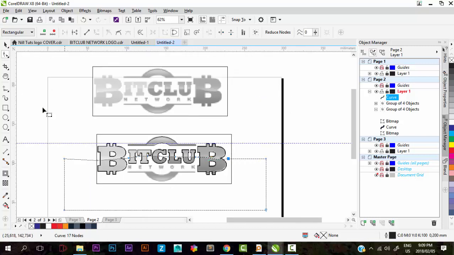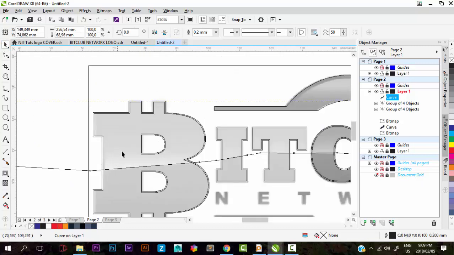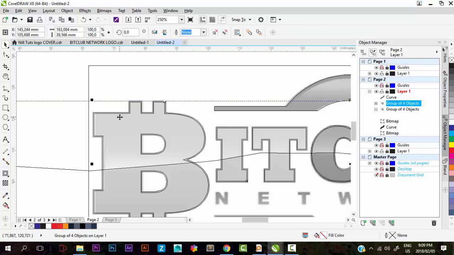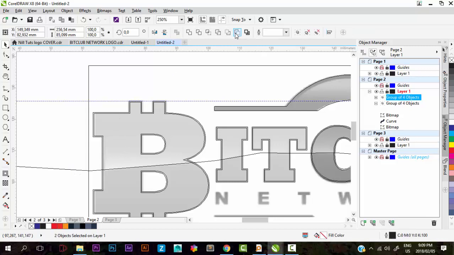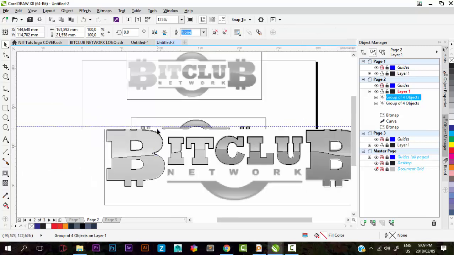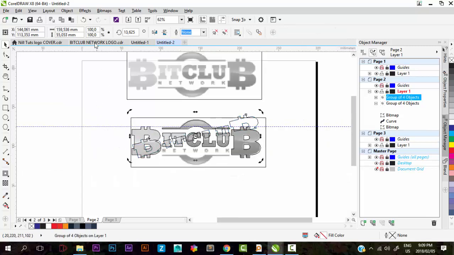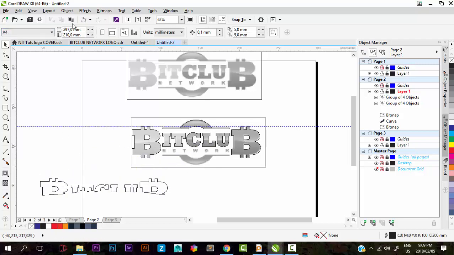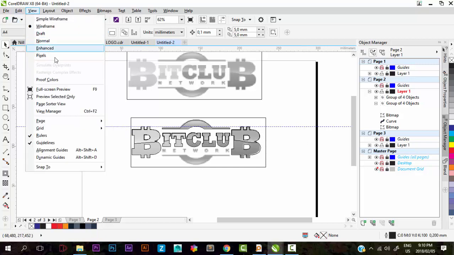Just like that. Then just gonna click on the contour, click on this shape of mine. Then as you can see, we have that kind of shape there, right? Then view, put it back to normal,